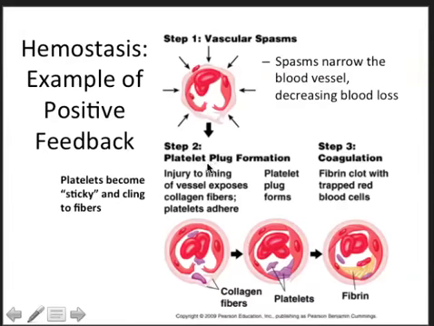Next thing that happens is that due to the damaged tissue exposing collagen fibers, platelets will begin to stick to the collagen and form a temporary plug. As the platelets stick, they will release clotting factors, which will eventually trigger the production of an insoluble protein called fibrin, which will trap formed elements that drift by and form a temporary seal around the area of the wound, which will provide time for white blood cells to come in and remove any potential pathogens